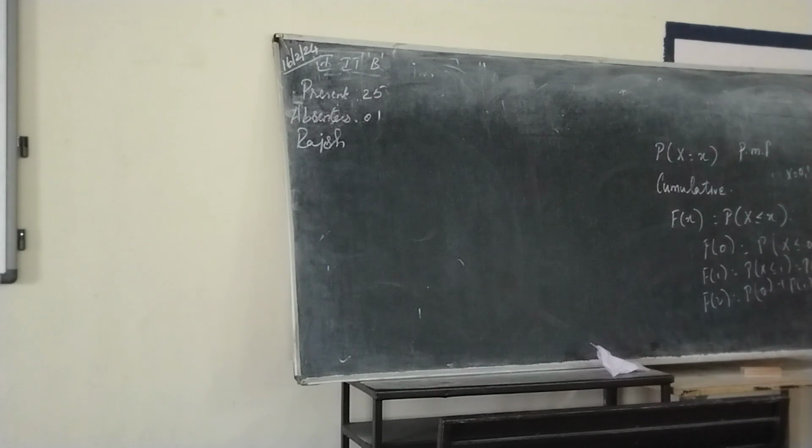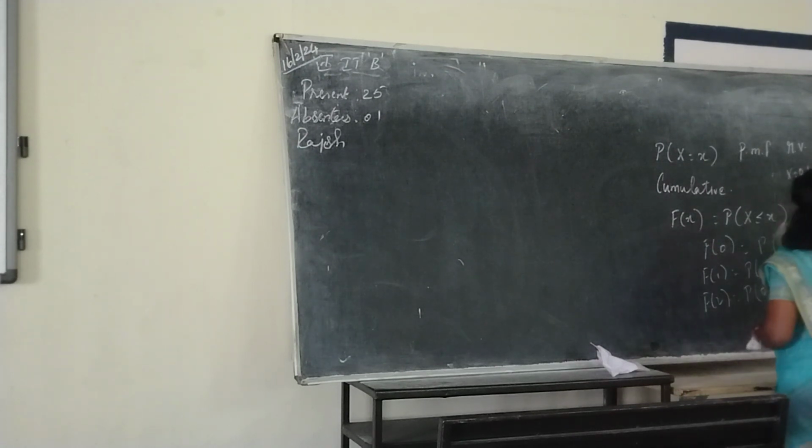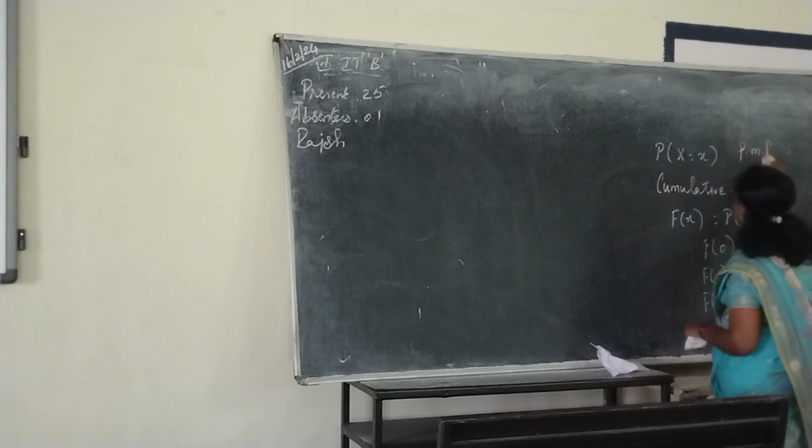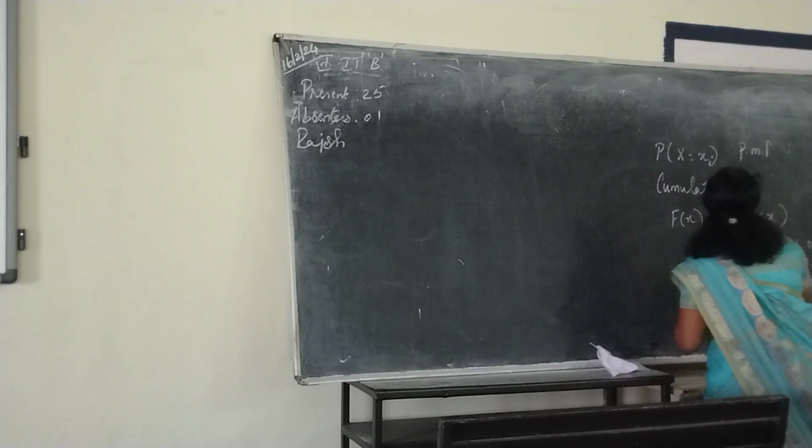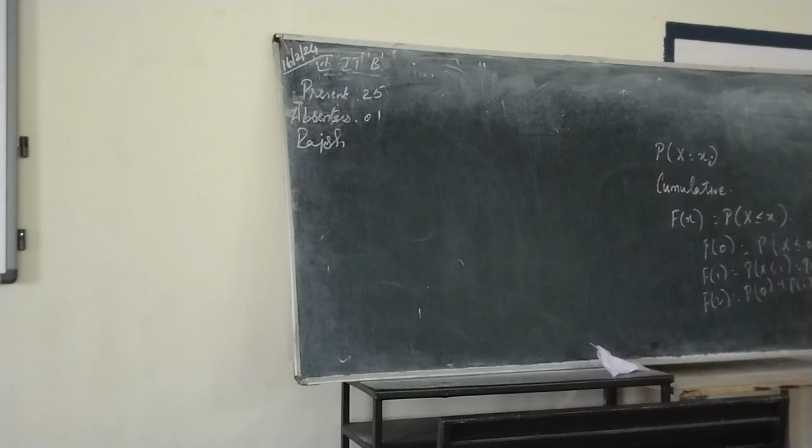Random variable can also be written in short as r.v. Let x be a discrete random variable having values x1, x2, etc. Then the probability mass function, in short written as PMF, is given by